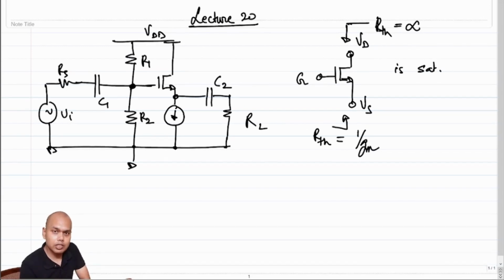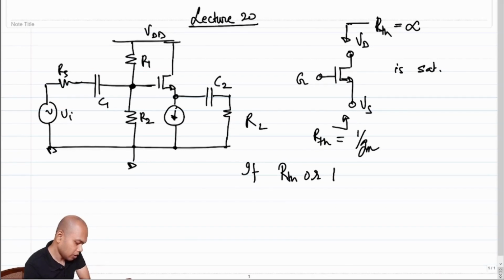In fact, it is 1 over Gm, which can be small with respect to the resistance RL, right? So in that case, it seems like we have a contraption whose output resistance is lower than the load that it is driving. If RTH or R out is much smaller than RL,